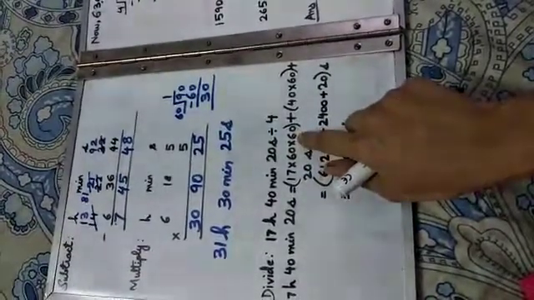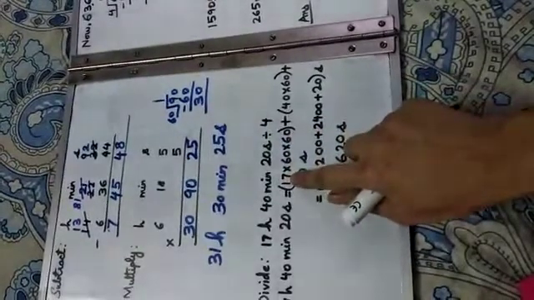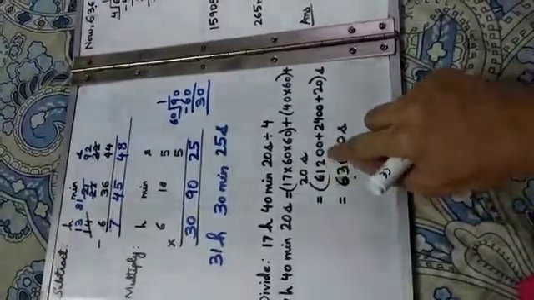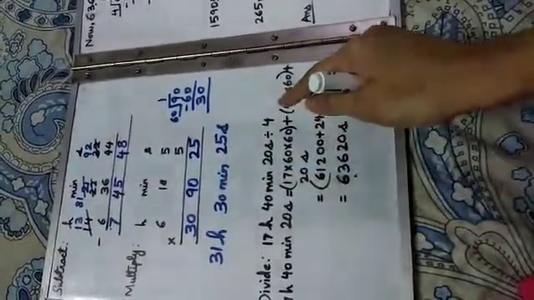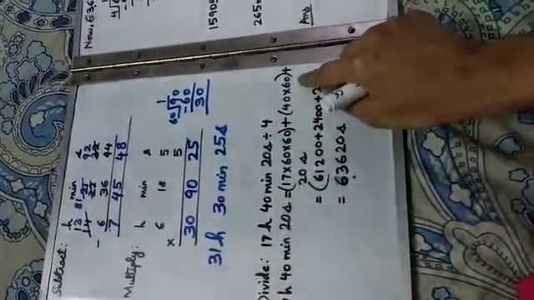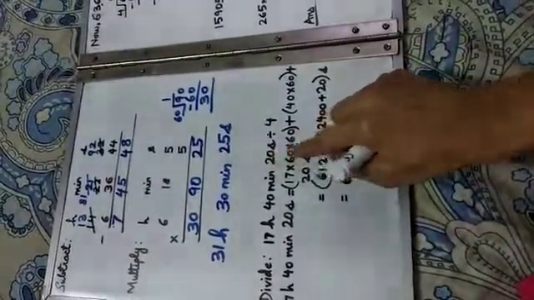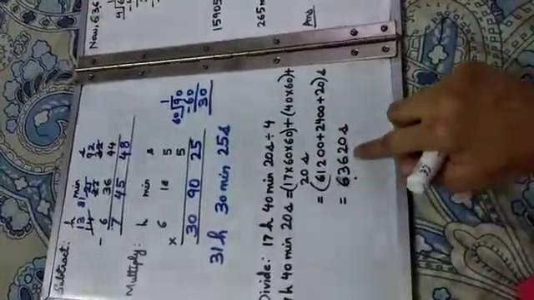That means seconds. To convert into seconds, we multiply by 60. So 2 times the hour will multiply by 60. So we will get this product as 61,200. Now we have 40 minutes. 40 minutes converted into seconds. 1 minute equals 60 seconds, 40 minutes equals 40 into 60. So the product is 2400, and seconds will be in seconds. It will not change. And we have got the sum as 63,620.